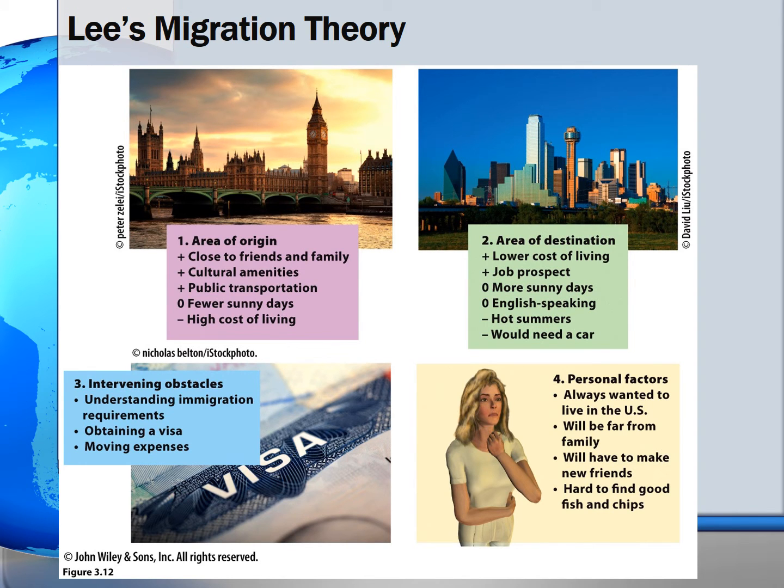In 1966, Everett Lee, a social scientist, developed a theory on migration after examining Ravenstein's principles. He came to the conclusion that migration was a decision-making process on personal perception. Lee identified 4 categories of factors that affect a person's decision to migrate. 1. Area of origin. What are the negative, positive, and/or neutral factors that shape a person's attachment to a place? 2. Area of destination. What are the negative, positive, and/or neutral factors that attract the person to a new place? 3. Intervening obstacles. What factors get in the way of a move, like cost, ability to get a passport, distance, do I have to sell things to get there?